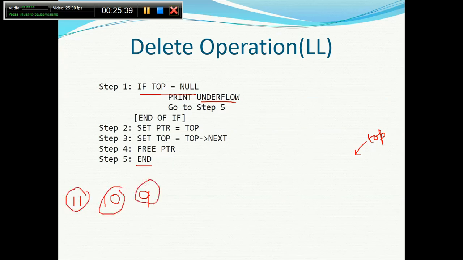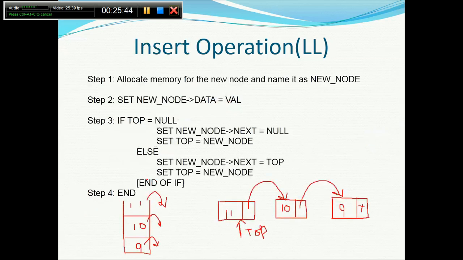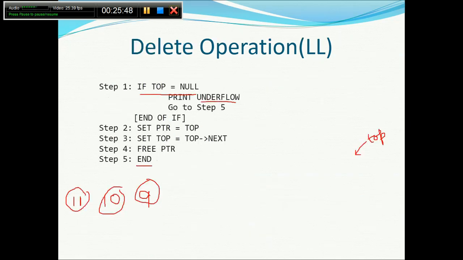Can I say we have actually achieved last in first out? You still remember in the insertion algorithm, first element is 9, then 10, then 11. The same way, the last element that has come in is the first out. Whatever element has gone in last, that is 11, has been deleted first. So last in first out or first in last out has been successfully implemented, and that means the two algorithms that we have discussed actually implement a stack using linked list.